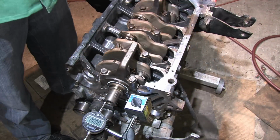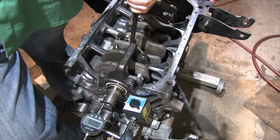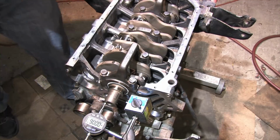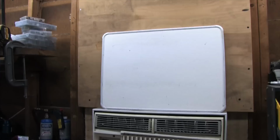So there you have it. 0.006. 6.5 if I really mash on it in both directions. I'm going to be pounding on this thing and I want it to be on the wider side of spec. So how does the old saying go? It's better to be pissed off than to...